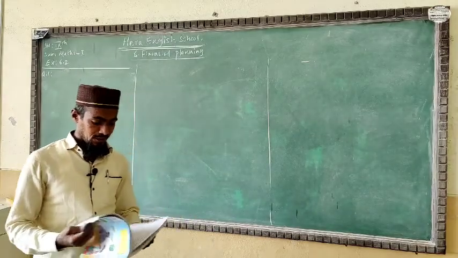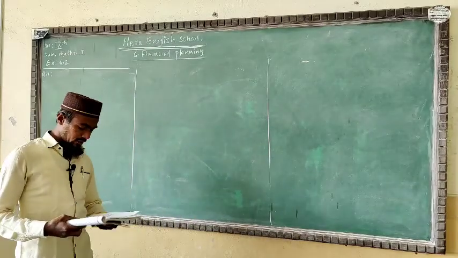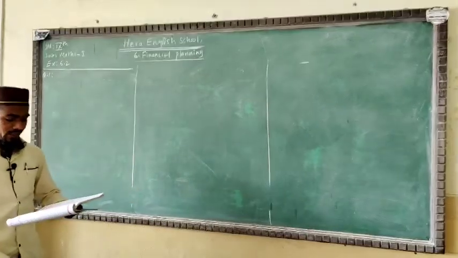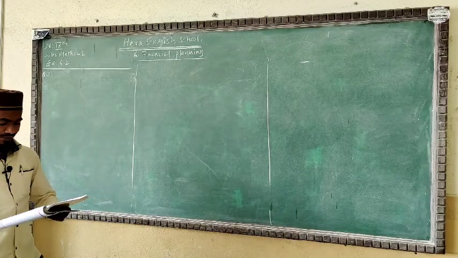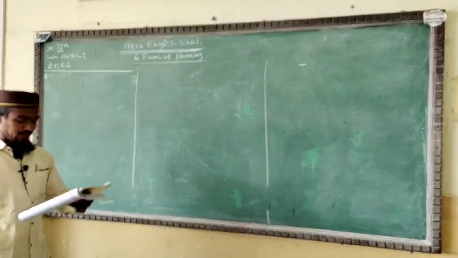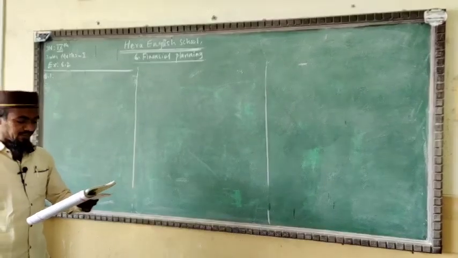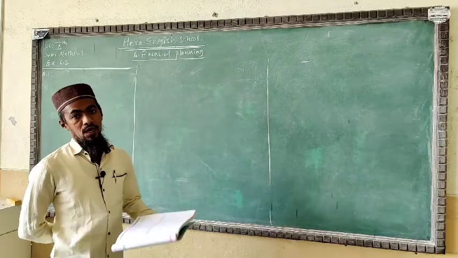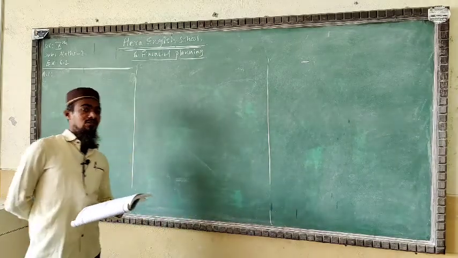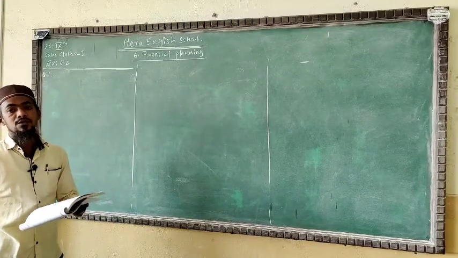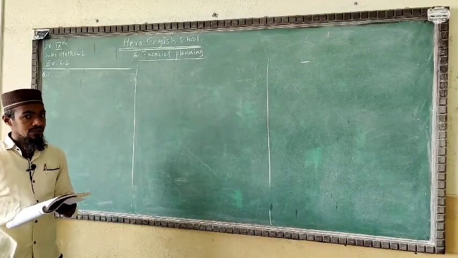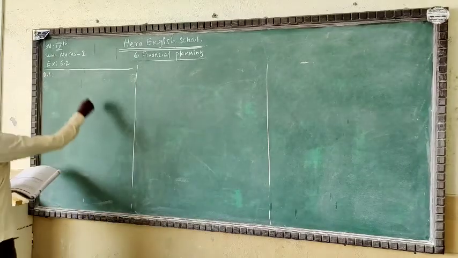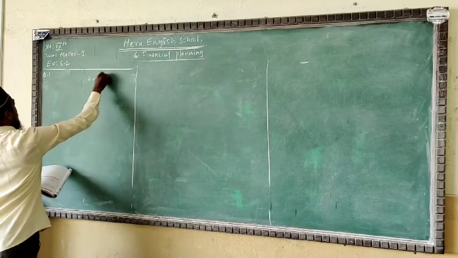Now see here, according to 6.2, in question number 1, observe the table given below, check and decide whether the individual has to pay income tax or not. Number 1, Miss Nikita, whose age is 27 years, her income is 2,34,000. I have told you that those less than 60 years of age don't have to pay income tax up to the amount 2,50,000. This is the taxless amount.